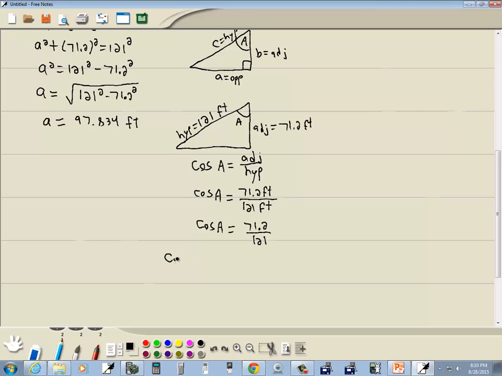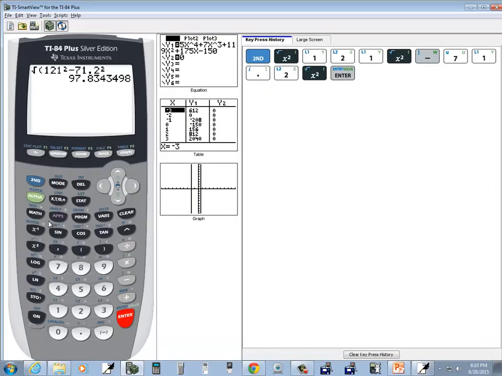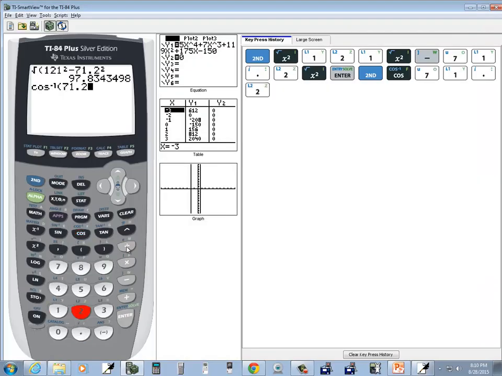Now we're going to take inverse cosine of both sides. So we got inverse cosine of cosine A is equal to inverse cosine of 71.2 over 121. Reason why we take inverse cosine of both sides is because inverse cosine and cosine cancel each other away. So that's going to tell us that A is equal to inverse cosine, so I'll do second cosine, 71.2 divided by 121,